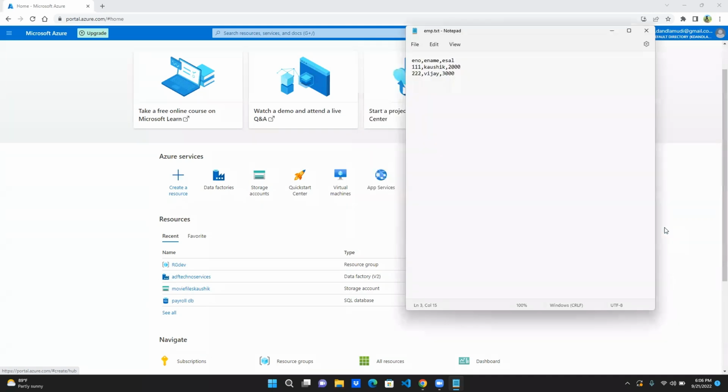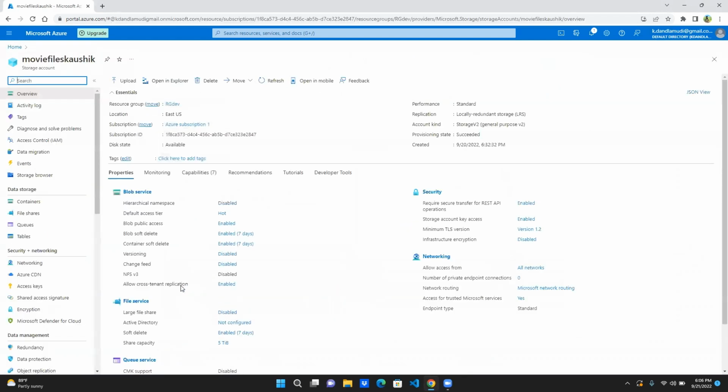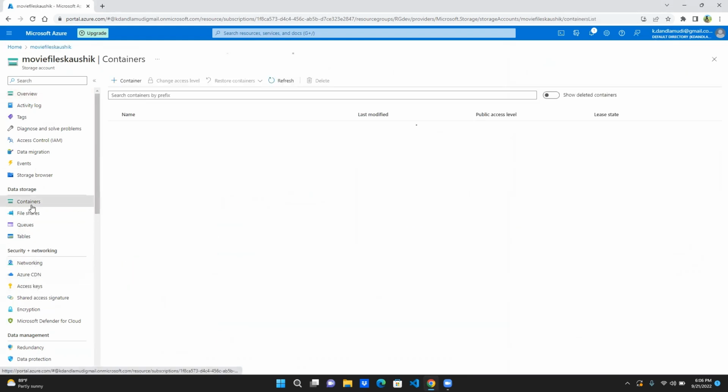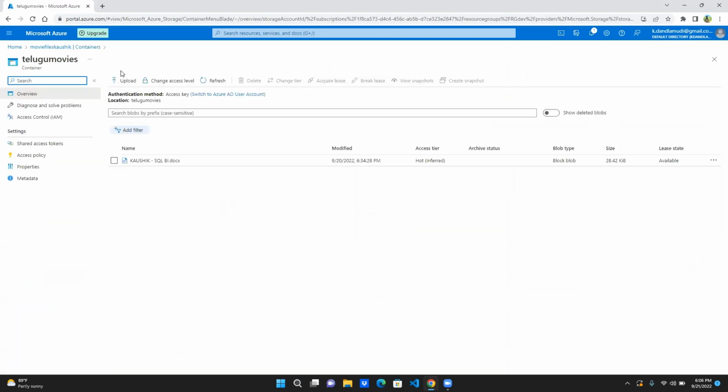Now come to the blob. Yesterday you created a storage account, right? Yeah, second one. Upload that file here. Go to the blob service. No, not here, not here. Can you go to the container? Yeah, go to the movie Telugu. Yeah, upload that file